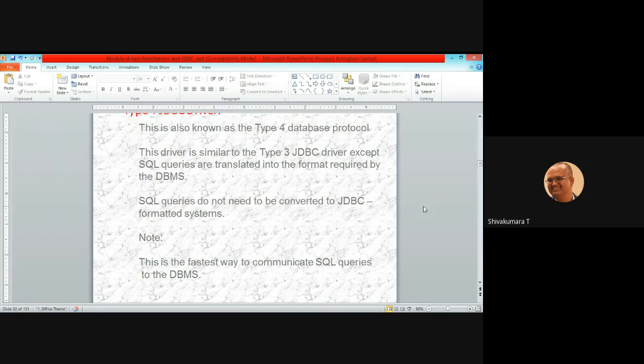When the application is up and running, if the same error happens, the whole application is going to crash. To avoid that, you use type 3. Otherwise, if you want the fastest communication with less reliability, you go with type 4.